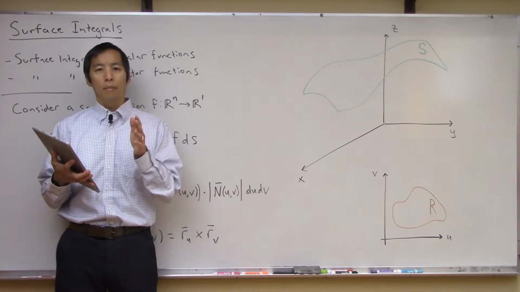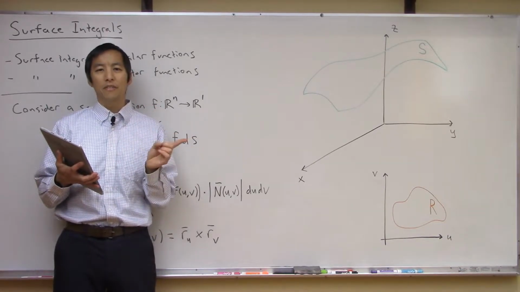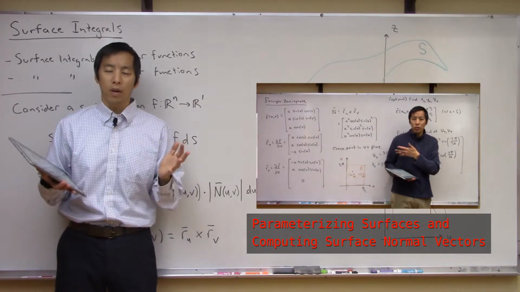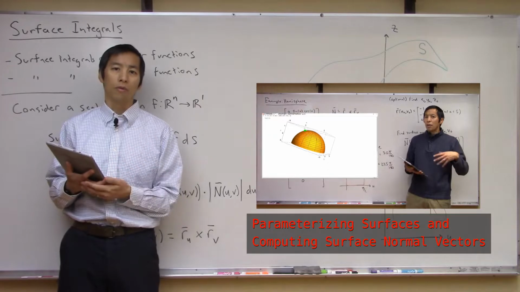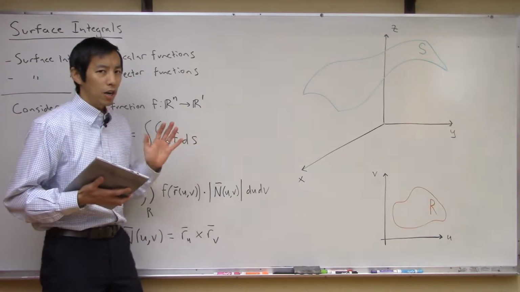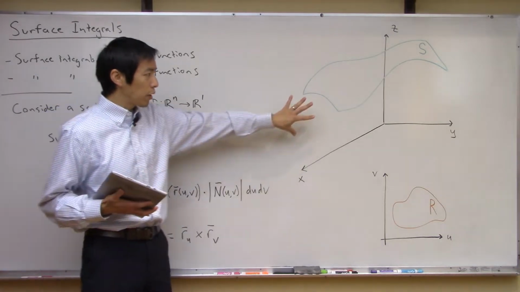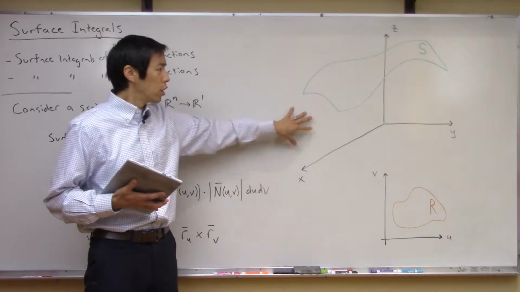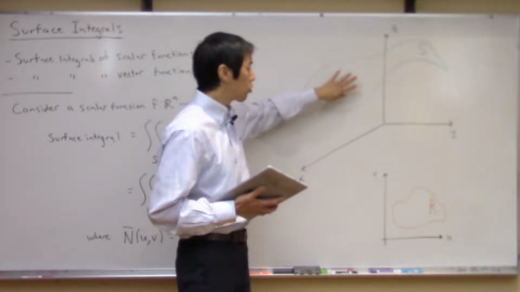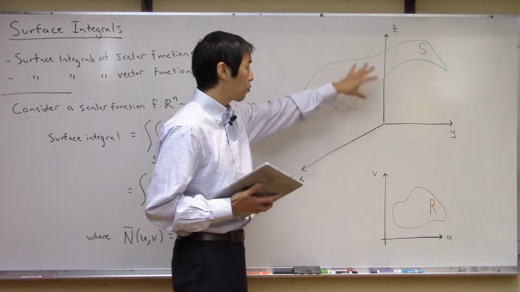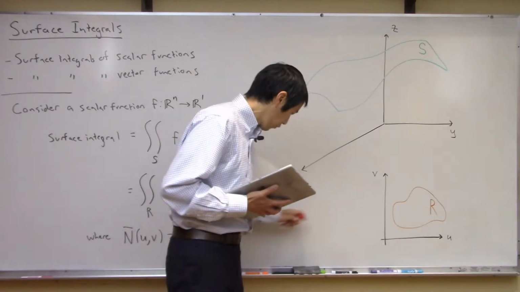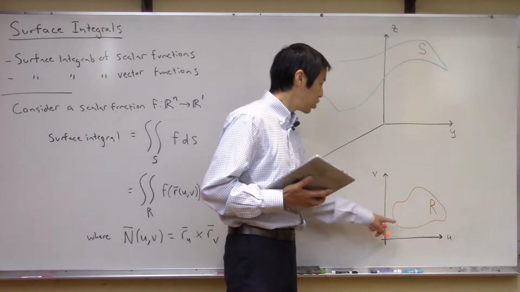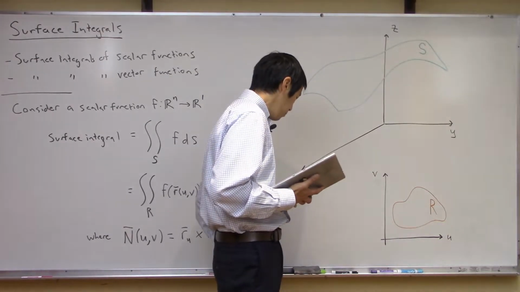surfaces. So remember, in our immediately preceding video, we talked about how to parameterize surfaces and how to do things like calculating their normal vectors at any given point. So just like I said, to quickly refresh your memory about that, I've just drawn a quick picture. So remember, the idea is we have some surface S which might live in XYZ space, and the idea was we were able to parameterize this surface by looking at some region R in a UV plane, and then for